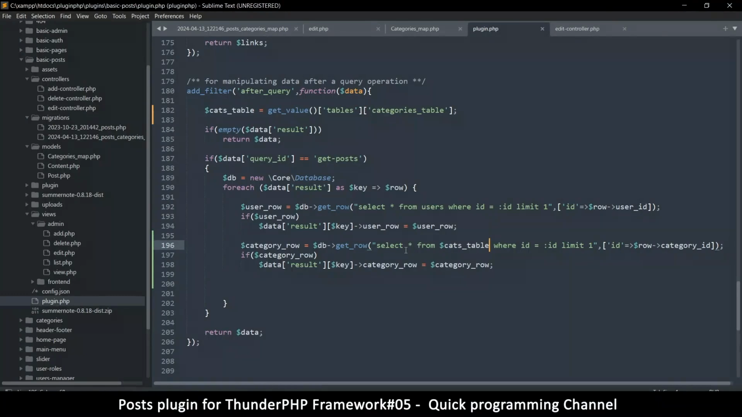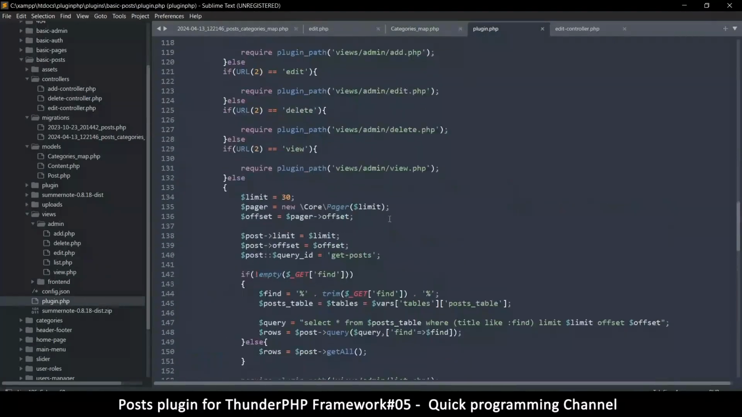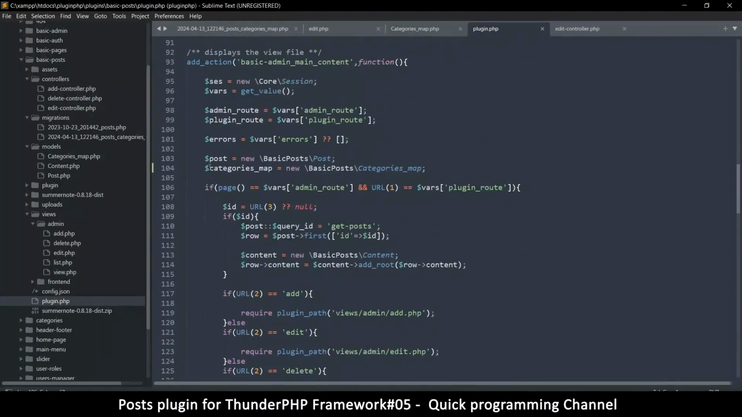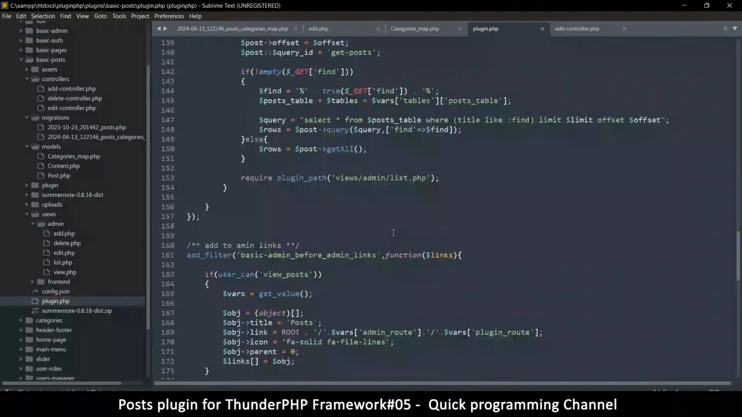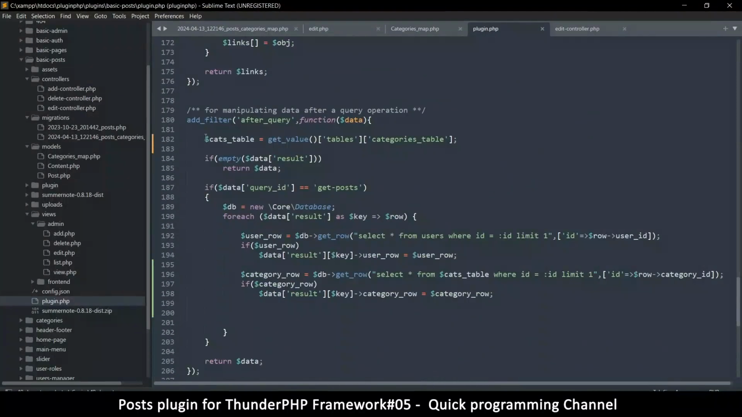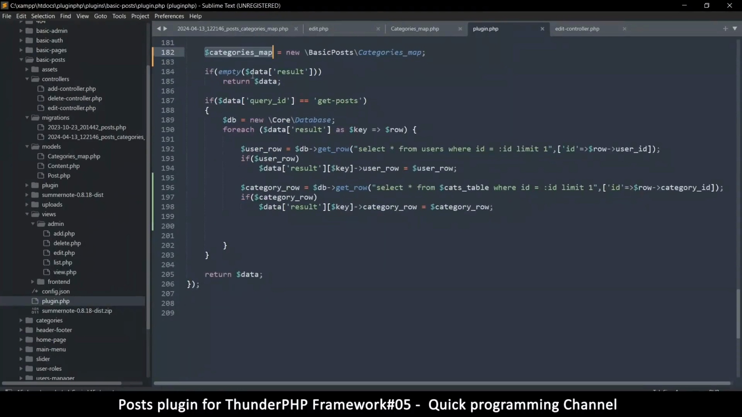So actually, you know, why am I doing this? I should instantiate the categories map instead. I'm going all about this wrong. So what I need is to do this, right? Copy that. Let's go to the after query and let's put that. I don't need to, yeah, this already has the needed data. So what I'll do is come categories map,